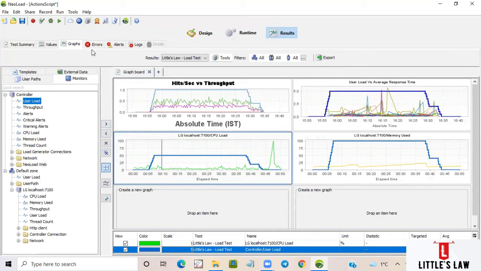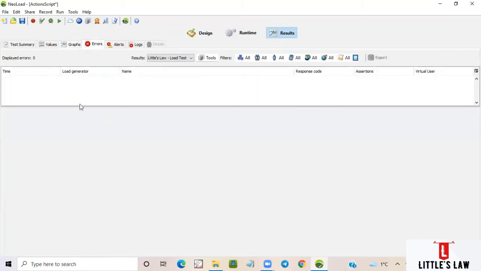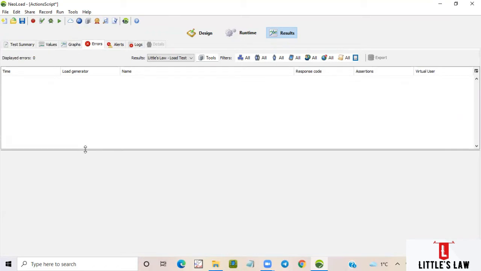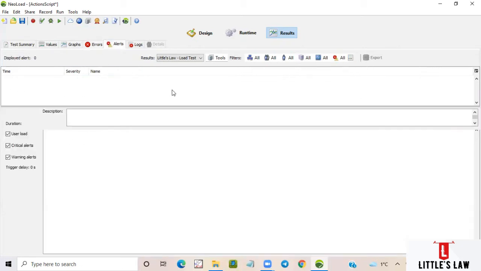Okay. So let's now move to the errors part. Since we don't have any errors, this page is empty. If we have any errors, I think we can discuss in some of our next sessions, with different response codes. We'll see what they are and how to do it. But in case there are any errors, we can easily filter them out here. And it's very easy for us to find whether there is a data error, or any environment error, or any server error. So we can easily find it here. And then if there are any alerts, we can see them here.